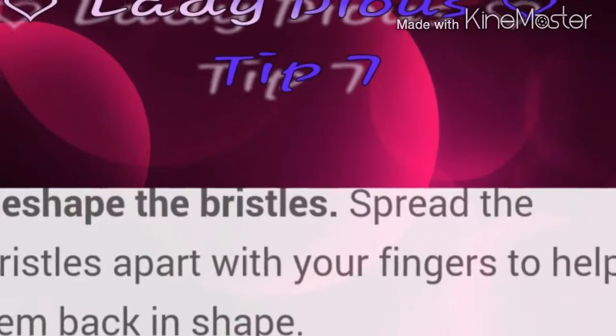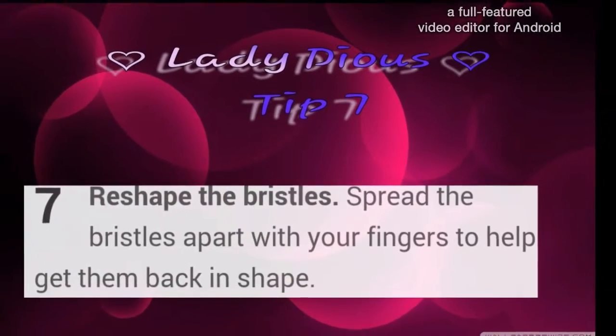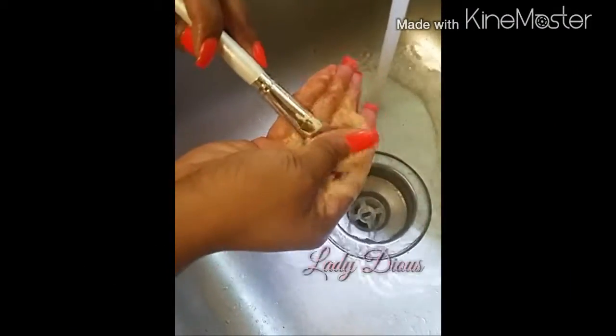After you rinse your brushes and clean them thoroughly and squeeze all the excess water out of your brushes, make sure to squeeze your brushes back into the shape that they were originally before you lay them or set them upright in the position that you want them to dry in, because if you don't do that step, then it will bend